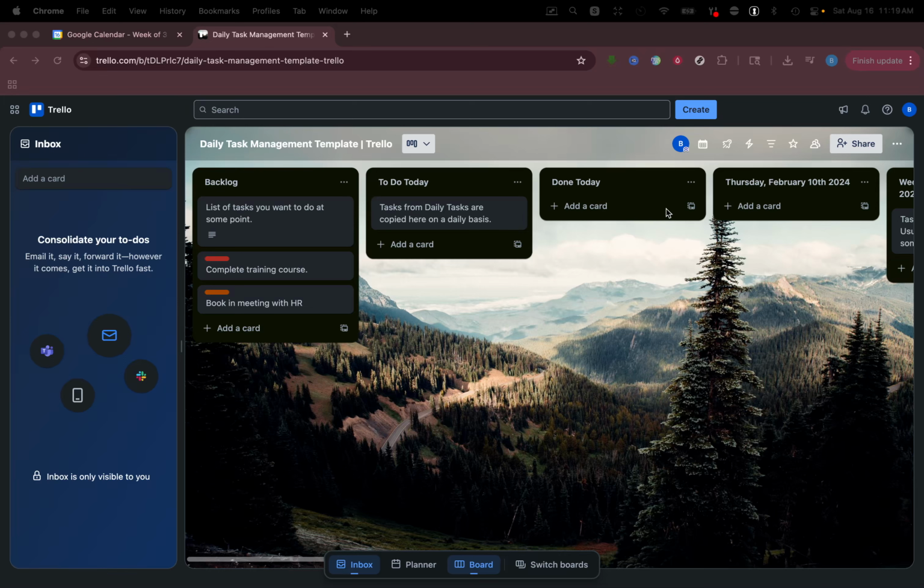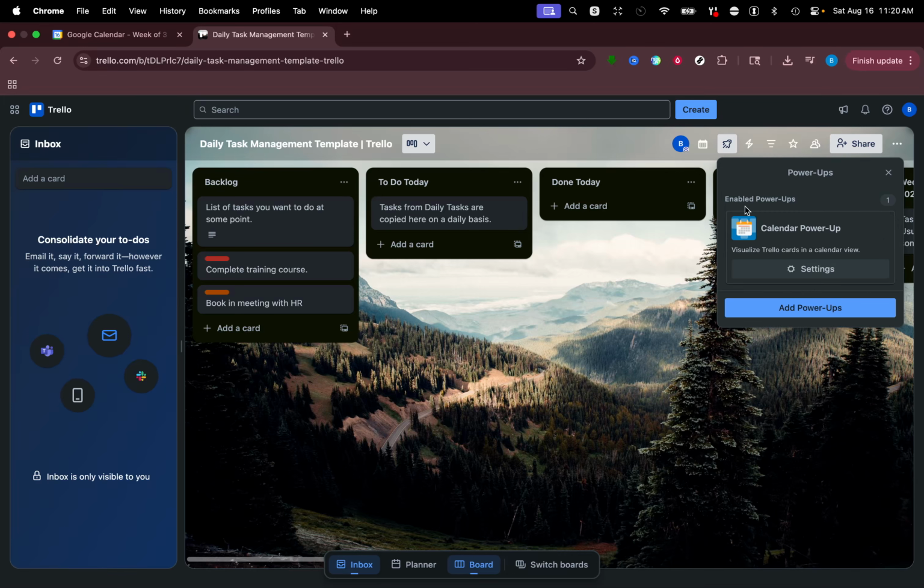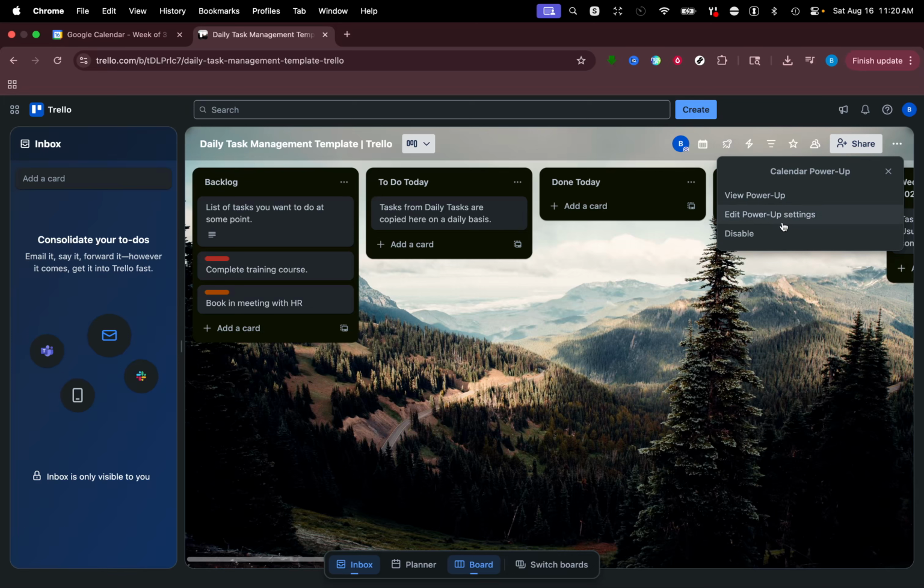Once you have your preferred board open, the next thing you'll need to do is to enable the calendar view. This can be done either by using the menu or by activating it through a power-up. The calendar view allows you to visualize your tasks in a date-based format, which is crucial for synchronizing with another